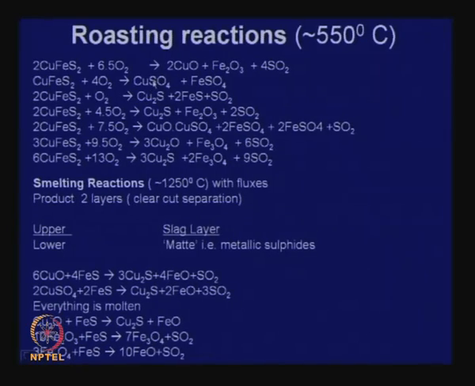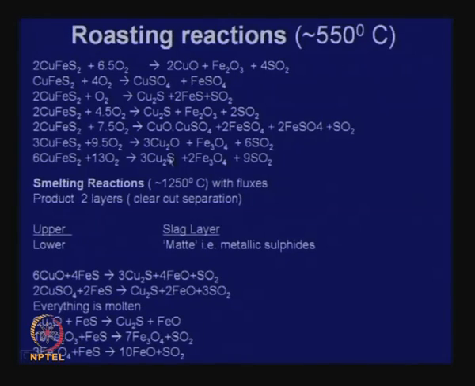It tends to form sulfates. It can decompose to give Cu2S and FeS also. It can give Fe2O3, CuO, CuSO4, FeSO4. Like the roasting of sulfides, all kinds of phases can come about, but our aim will be to control the